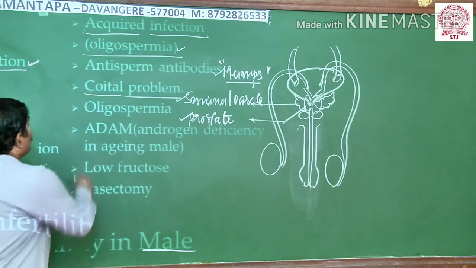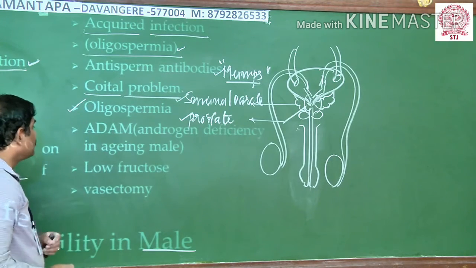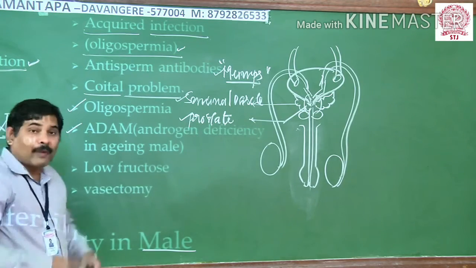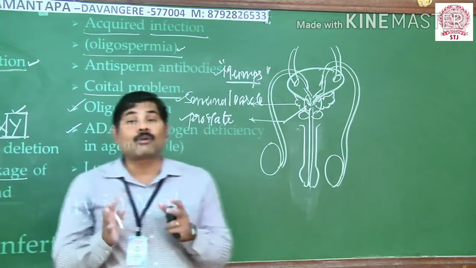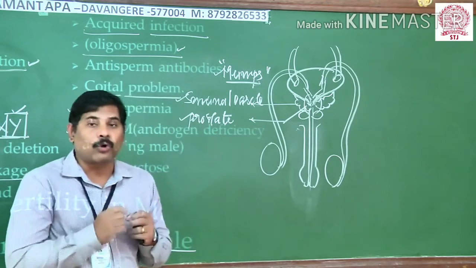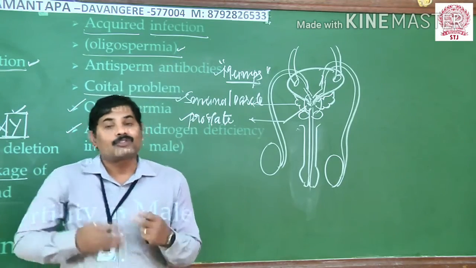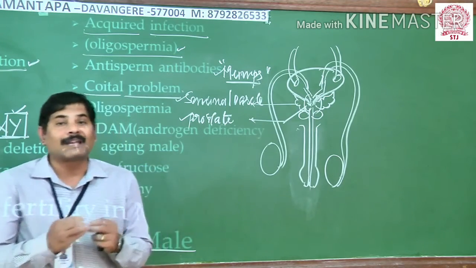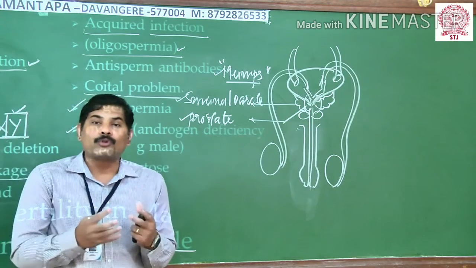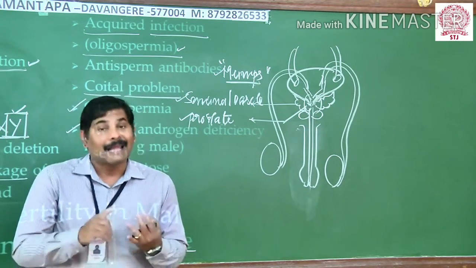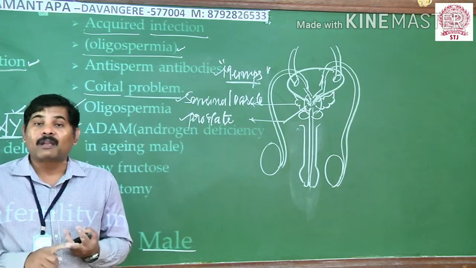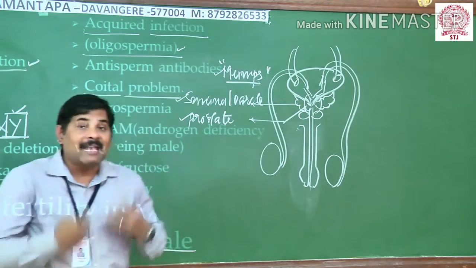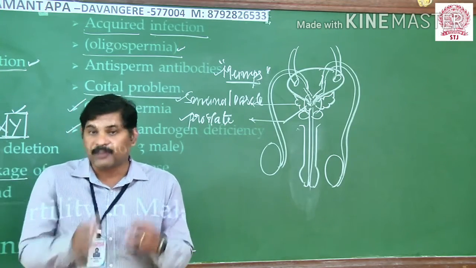And thereafter oligospermia, I said already about this part. Coming to another problem in a male: when the age is progressing, the production of the hormone testosterone declines. When the testosterone declines, naturally the spermatogenesis process will also slow down, so they cannot produce a good number of healthy sperms, and the sperms do not have proper size and shape also. Though the male produces sperms throughout life, here is the point to be noted.